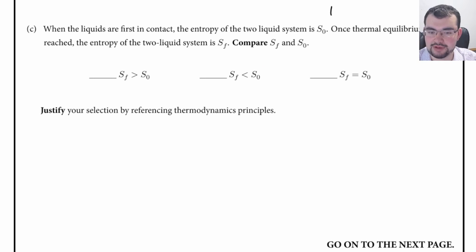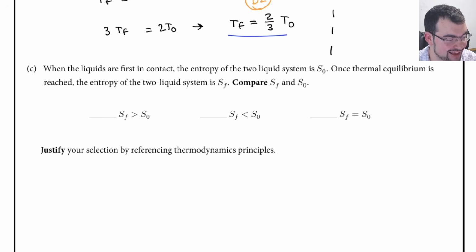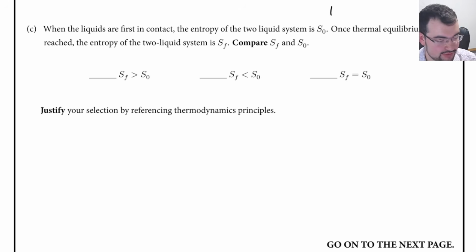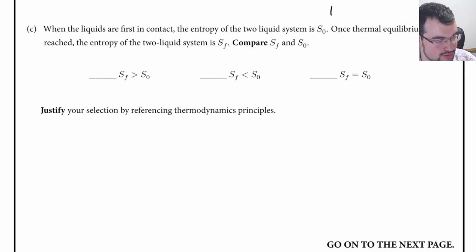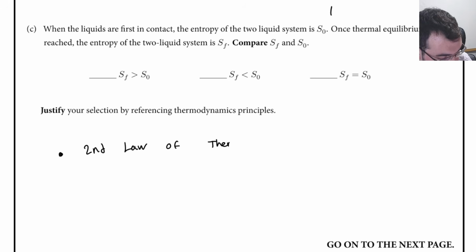All right, now we have a little modification. When the liquids are in contact, the entropy of the two liquid system is S0. Once equilibrium is established, the entropy of the two liquid system is SF. Compare these two. Justify referencing thermodynamics. So entropy. We can't do a whole lot with entropy in Physics 2, but there's a line in the CED that explains exactly what this is. So what thermodynamics principle is this? You don't need to know this is what it's called, but this is the second law of thermodynamics,